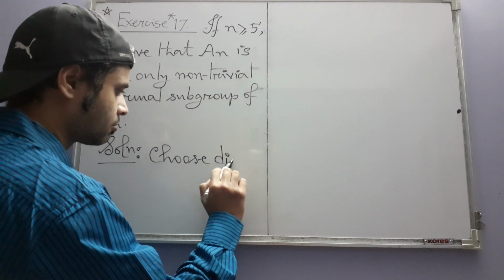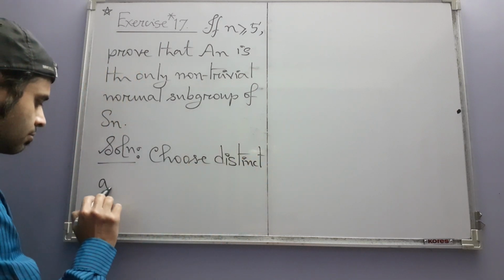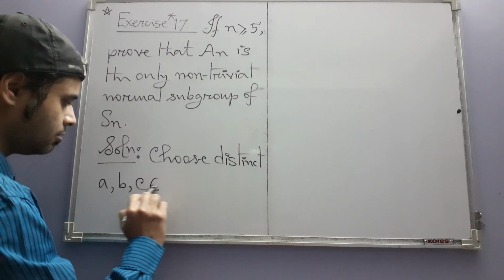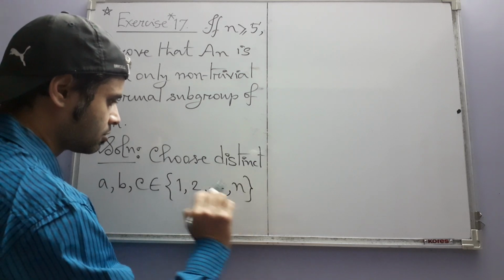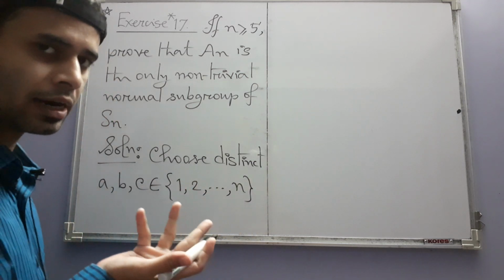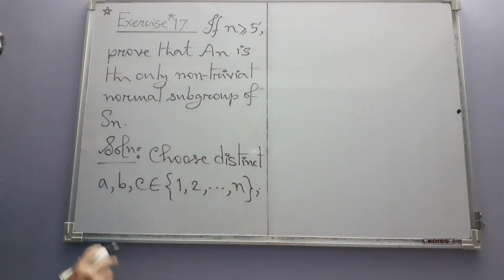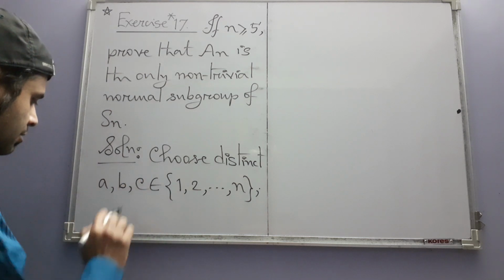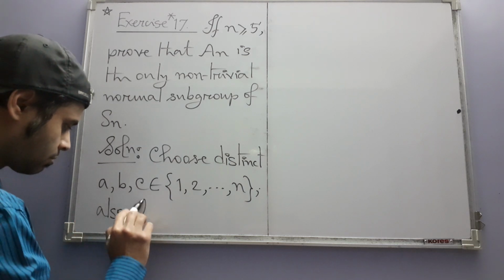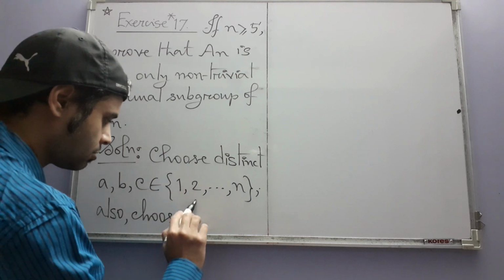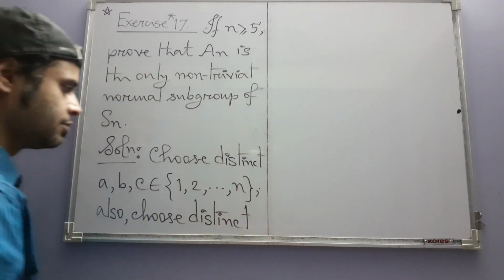Choose distinct symbols A, B and C from the set of symbols on which we are actually considering permutations in Sn. Now, having chosen 3 such distinct symbols, also choose further distinct symbols